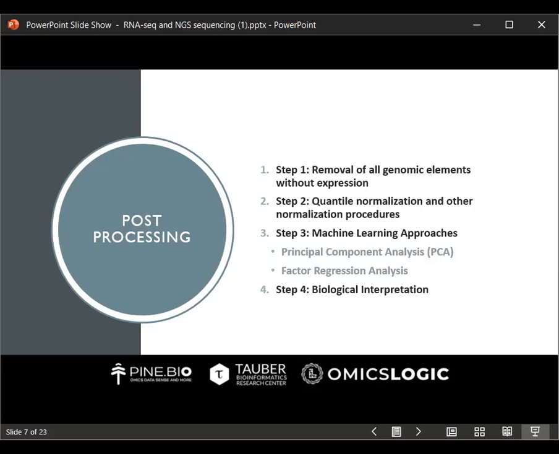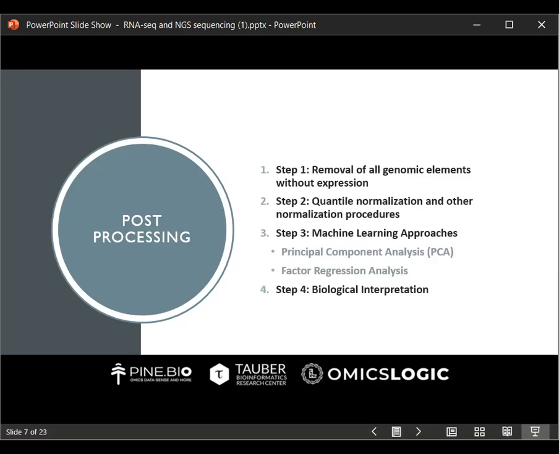Now, quantile normalization is very important in this step, and it is a technique of mapping the original values to the corresponding quantile of the standard distribution that is present. Before this, the process of PCA is also present. PCA is an exploratory analysis which compresses the expression data from thousands of genes into a single dot on the graph. One dot per sample is being analyzed, so it gives us a very macroscopic view of what we are studying.